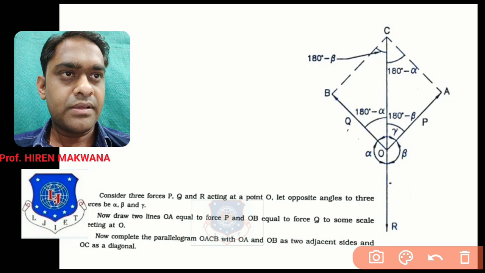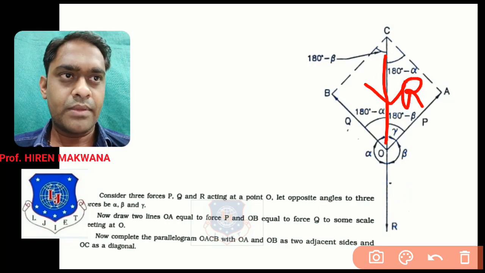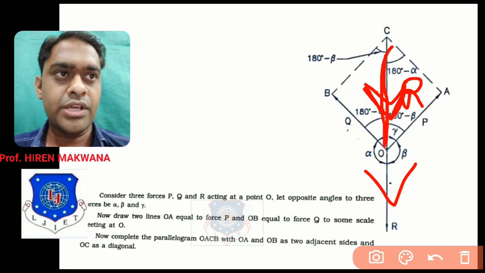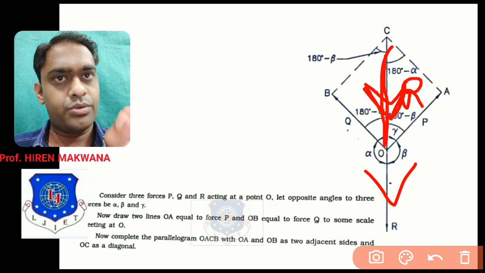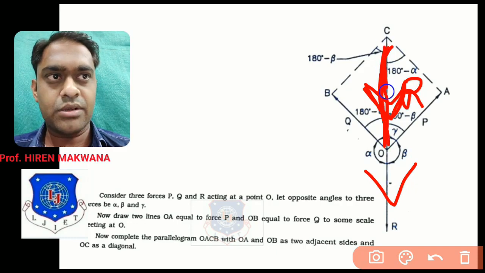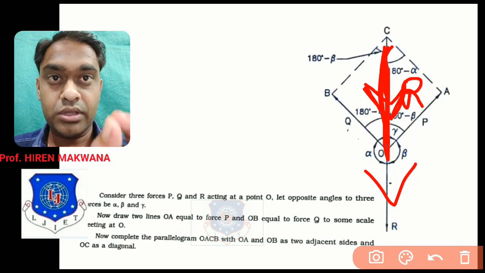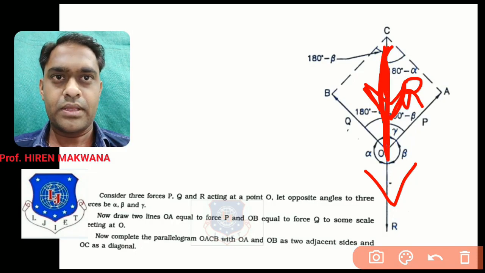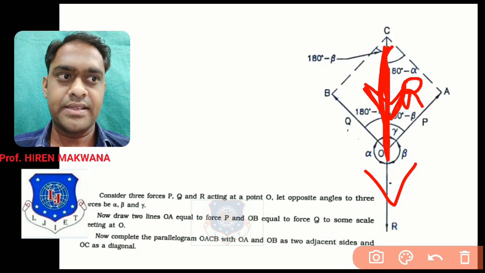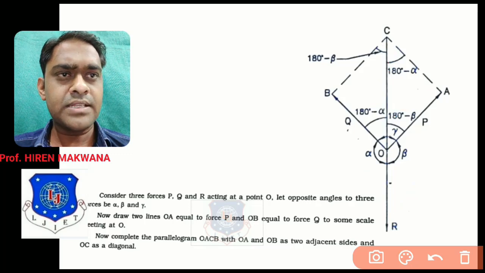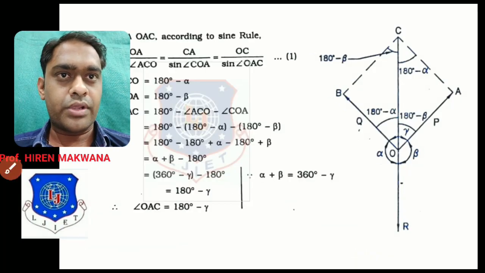So just imagine the force R is on this line, because the direction remains the same. So I can draw force R over here also. For now, just imagine that force R is on this line, on the diagonal of the parallelogram. Now I am going to use some rules of mathematics. Check out the same figure, I will explain it during the derivation. Let us see how. So this is basically the derivation.